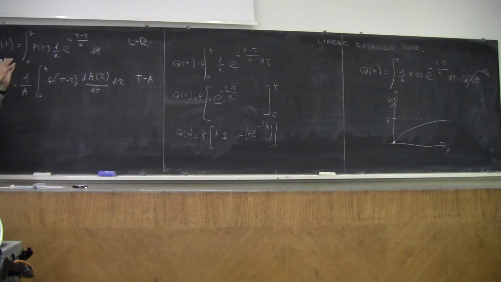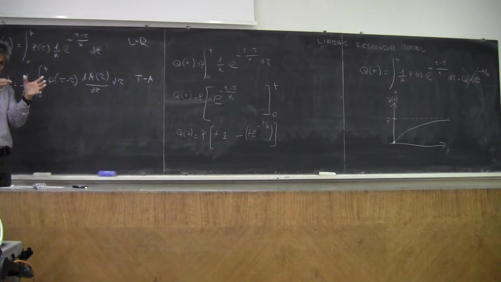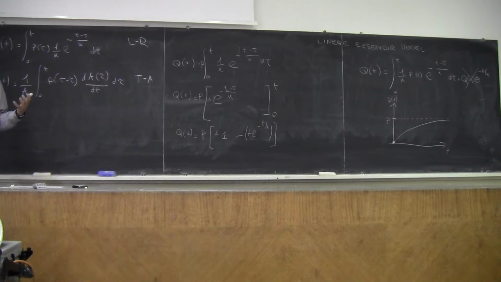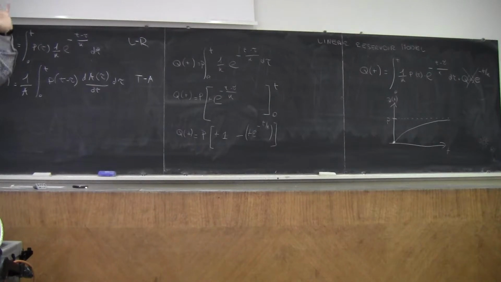You have rainfall from time 0 to time t that is multiplied, in a summation or in an integral, by some coefficients. And it doesn't matter if you start from t and go back to 0 to make this multiplication, or if you start from 0 and go to t. So this is not really a difference, it's just a difference in the order in which you compute this integration, but it doesn't make any difference from a physical point of view.